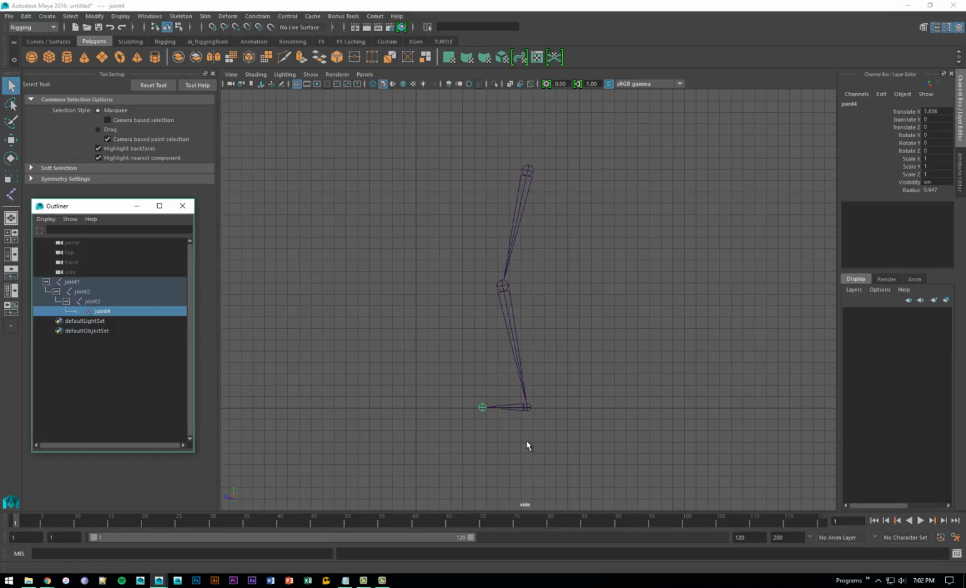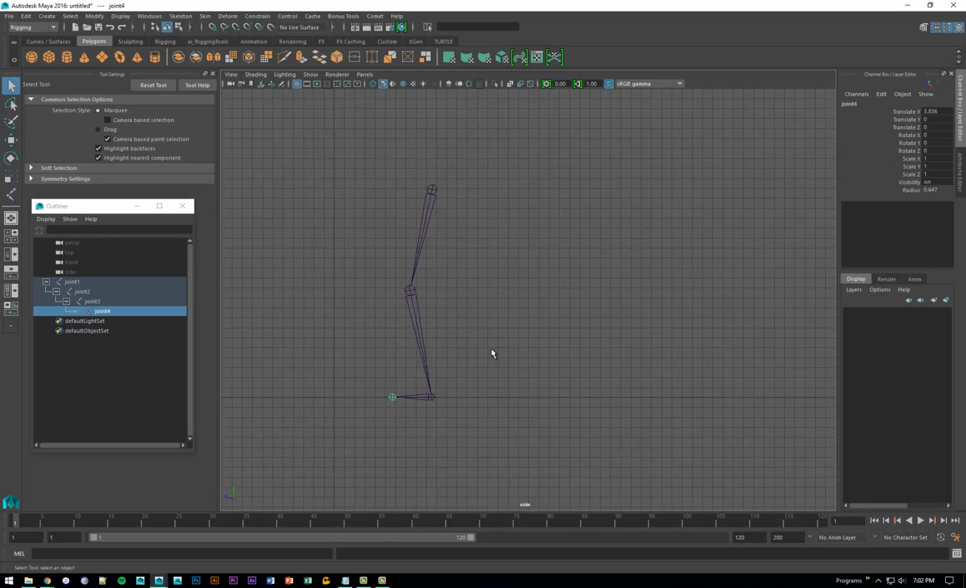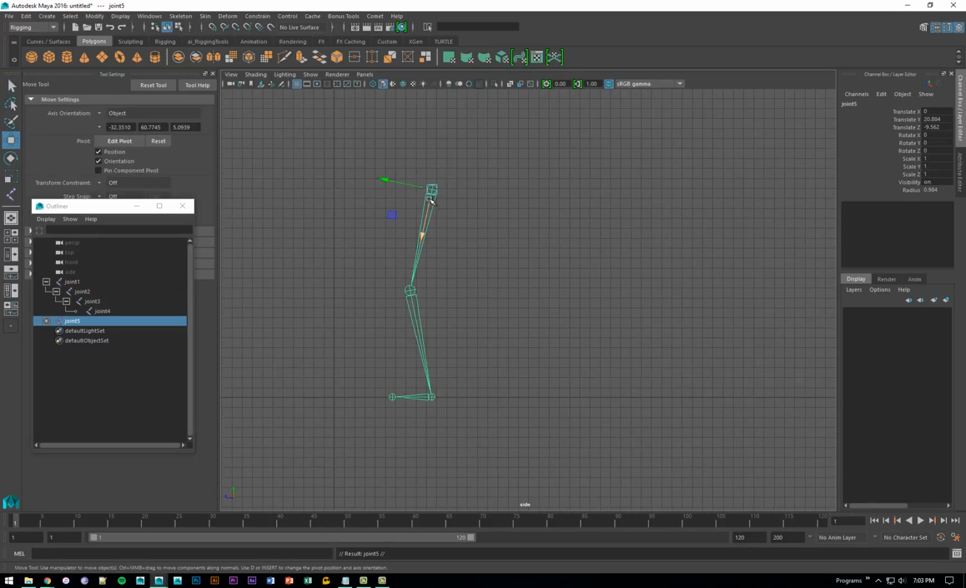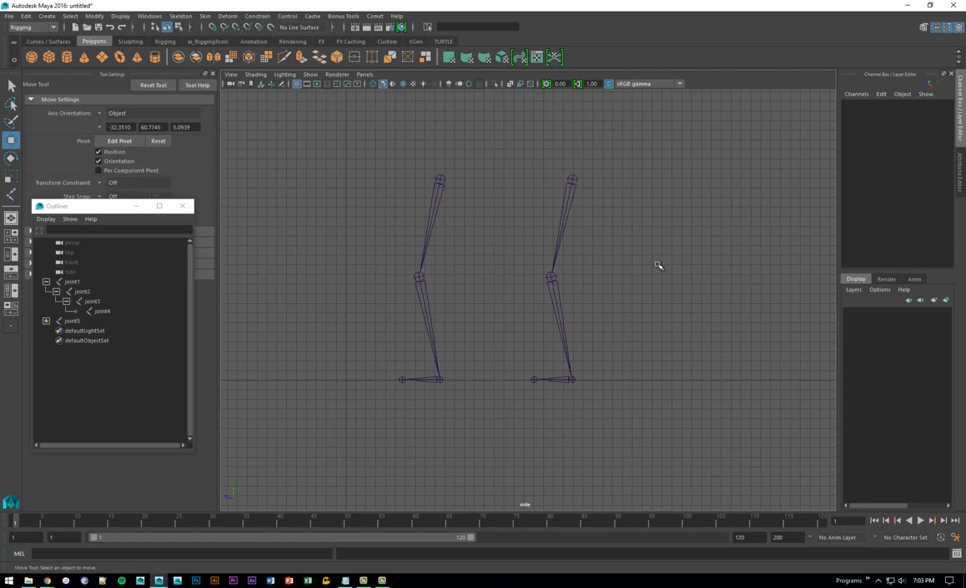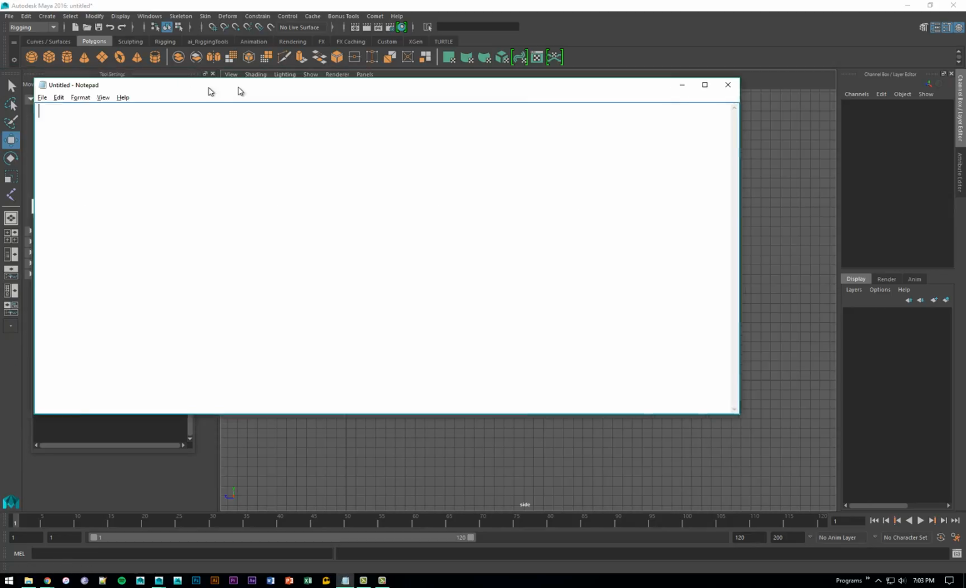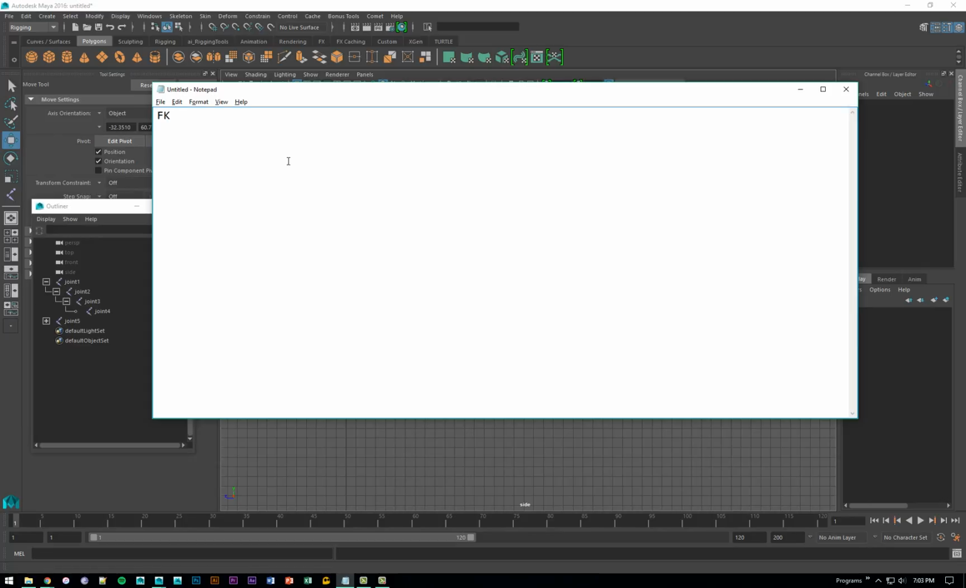But before that, let's quickly learn about two different ways in which animators will like to manipulate this joint chain. So I'm going to duplicate this and move this to the side. So we have two separate legs to work with. Now ideally, animators would like to animate this particular leg setup in two different ways. The first setup is called as the FK setup. FK stands for